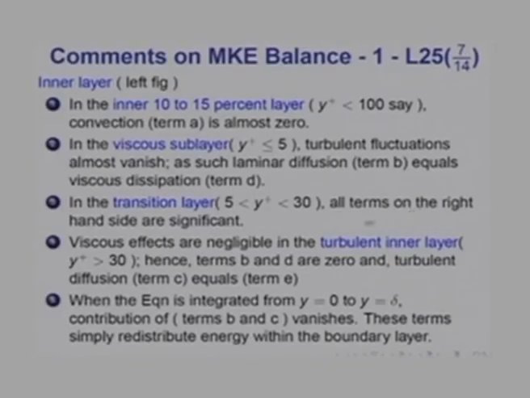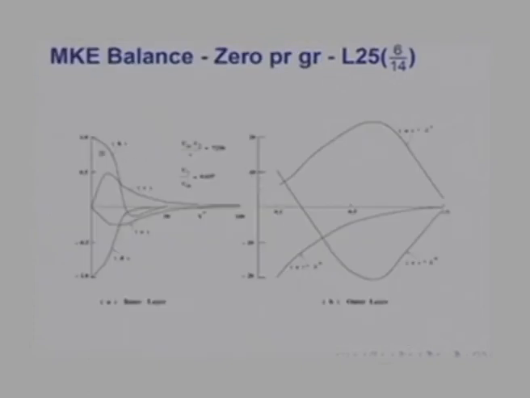So, I made these comments in words now: in the inner 10 to 15% of the layer, y plus less than 100, convection term A is almost 0, as we had assumed in our development of the log law. In the viscous sublayer, y plus less than 5, turbulent fluctuations almost vanish. As such, the laminar diffusion term B equals the viscous dissipation term, and that is what I showed here. In the viscous y plus of less than 5,